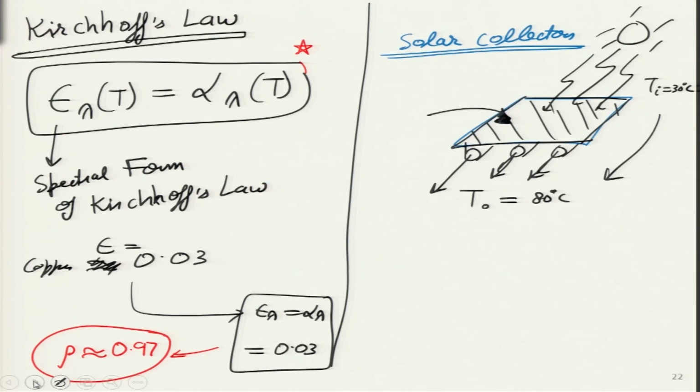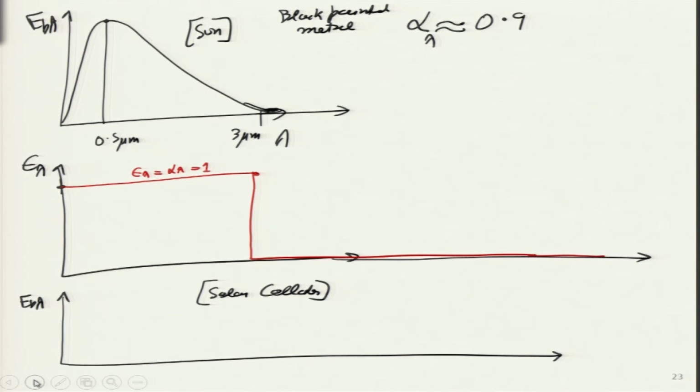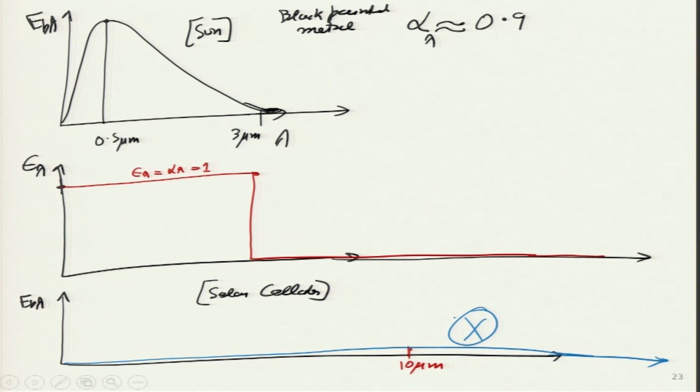If my solar collector reaches a particular temperature, let us say around 100 degrees or maybe 400 Kelvin, then that peak will come at a much higher wavelength, maybe at 10 microns over here. So, the spectrum for that will come out to be over here. This is the emission spectrum. I do not want any emission to take place because this is a kind of loss for my system, which is why after this wavelength of 3 micron, I want this value to be as close to 0 as possible.